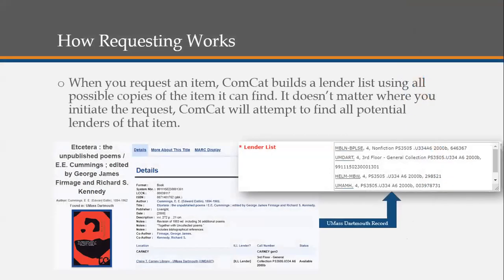One very important thing to understand about requesting in ComCat is the lender list building process. When you go to request an item in ComCat, you may be looking at the record from a specific network or library, but that doesn't necessarily mean that you'll ultimately receive that copy of the item. Every time you place a request in ComCat, a process runs in the background that searches all resources for items